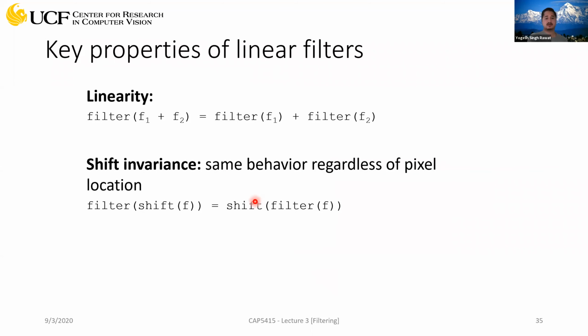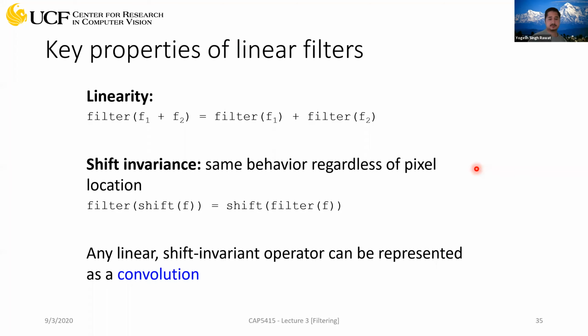It's shift invariance. So it doesn't matter which pixel location you are computing the values at, it's not going to change. If you shift your values, it will be the same value which you got without shifting. Somehow, whenever I go out of the slide, the keys don't work. Sorry about that. Okay.